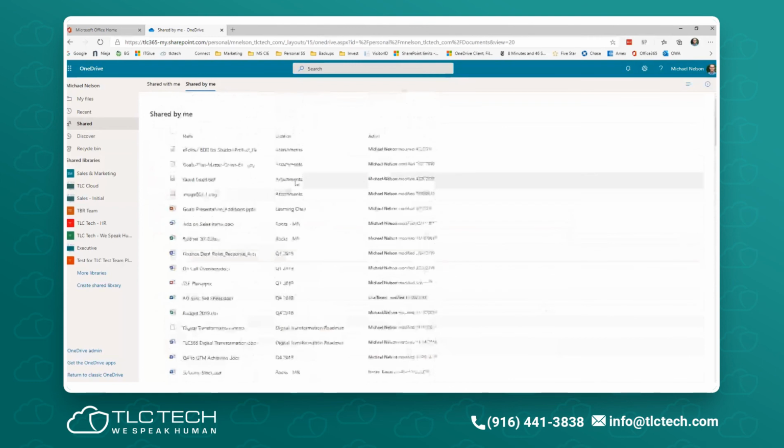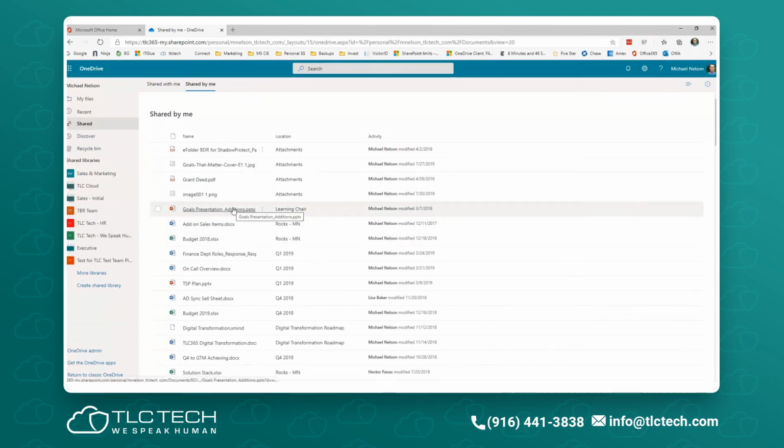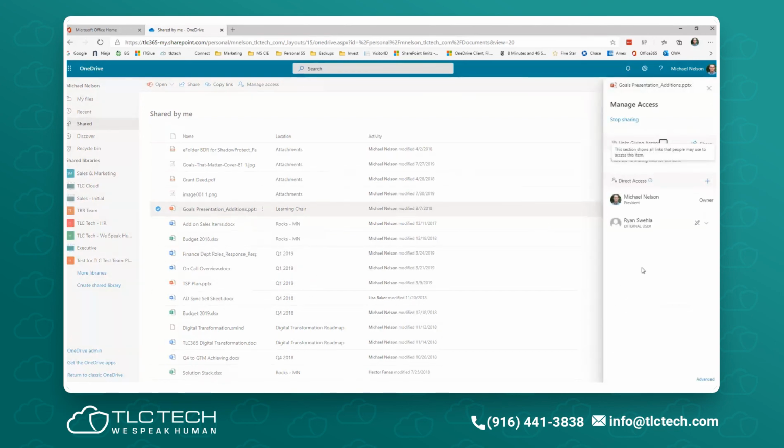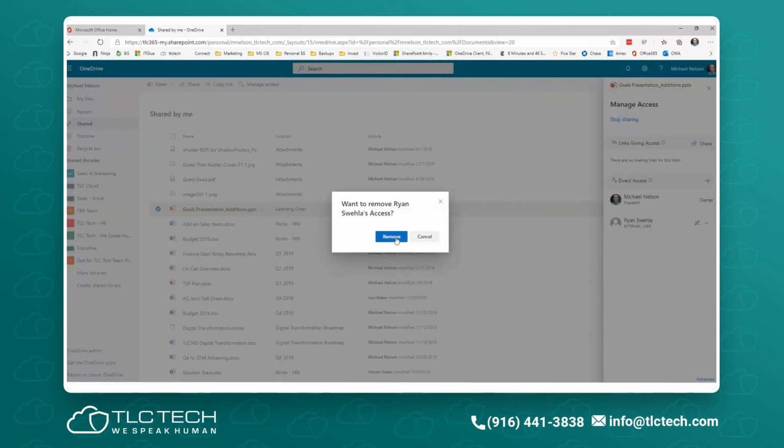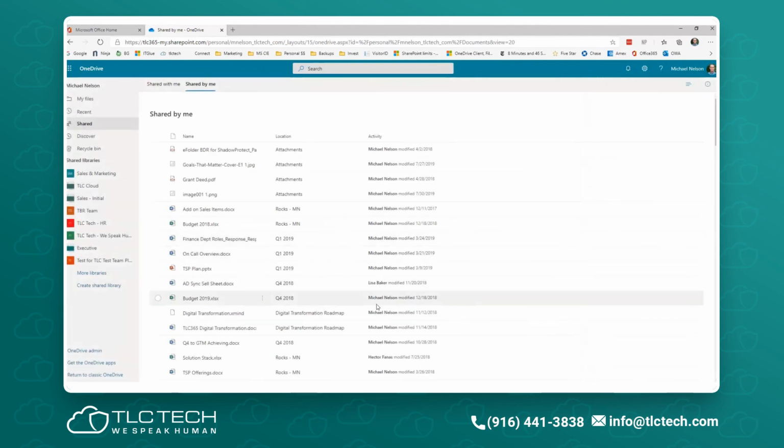Now, I can click in, go to my ellipses, and I can get my details and my manage access. So let's go do my goals presentation here. Okay, I'll go into manage access, and that was shared with Ryan. All I have to do from here is I can say stop sharing, bam, done, gone. That's how you can easily clean up anything that you've been sharing that you may or may not want to